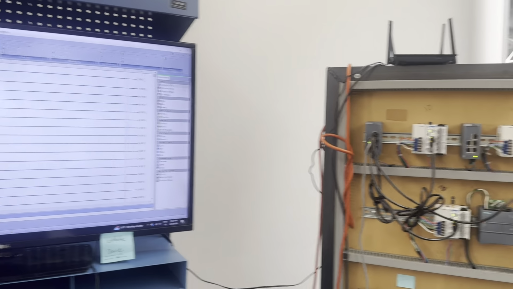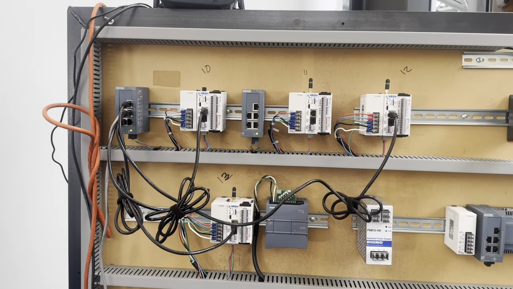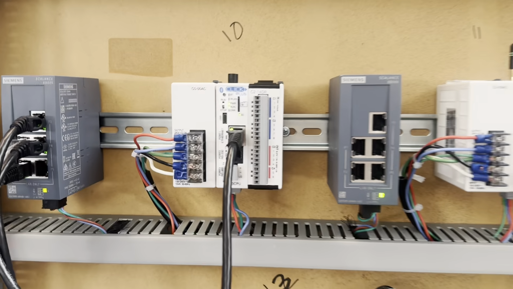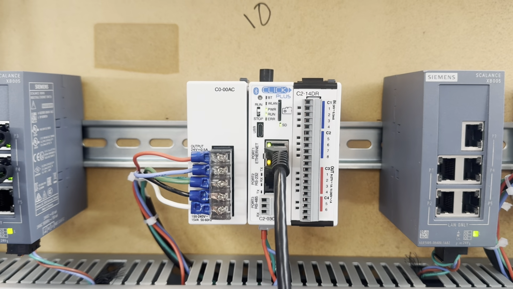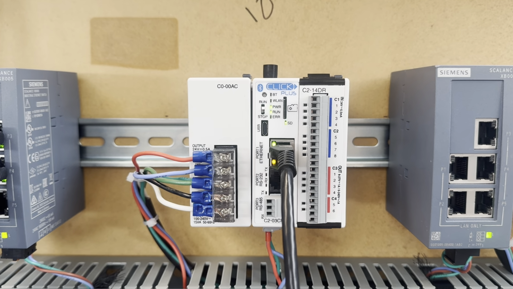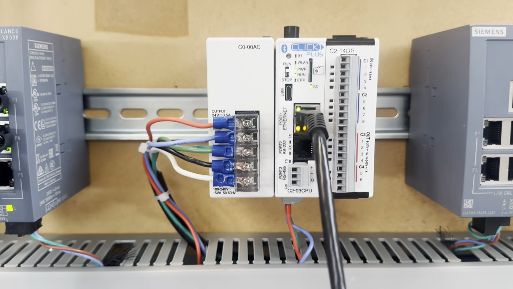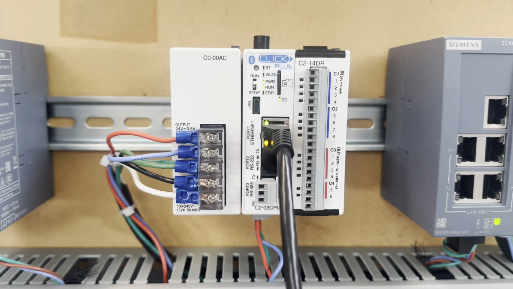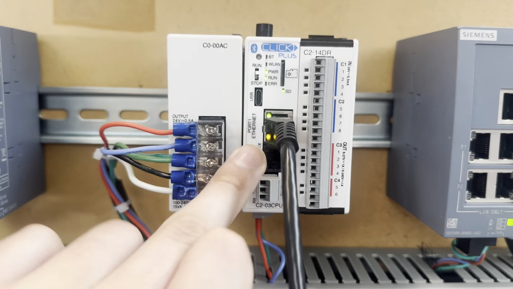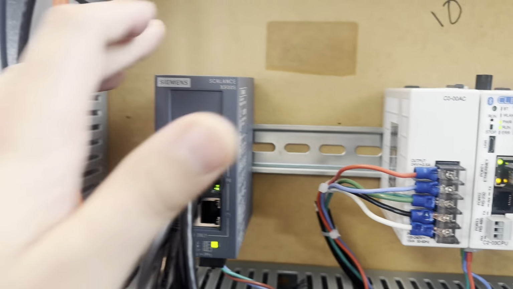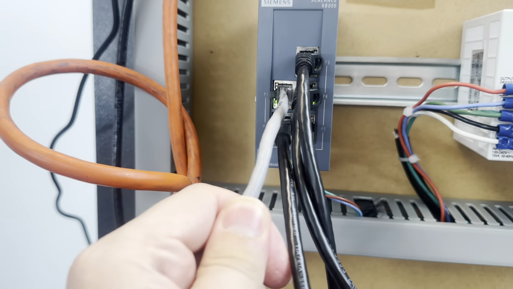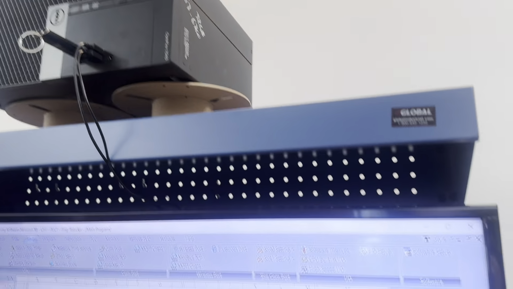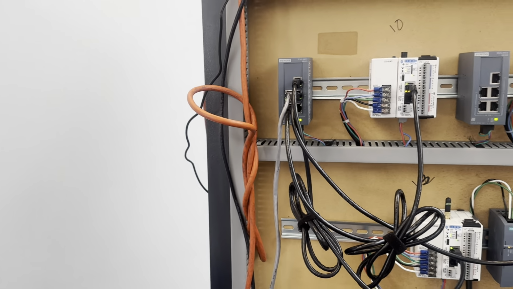So to start with our physical system, we have our 3 PLCs here. Each PLC is identical, a CA00AC connected to a C2-03 CPU. And from each CPU, we have our port 1 Ethernet connected into this hub. From this hub, we have this secondary Ethernet that leads into our PC to complete the physical hardware requirement for